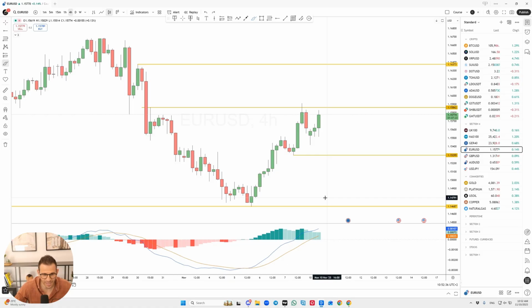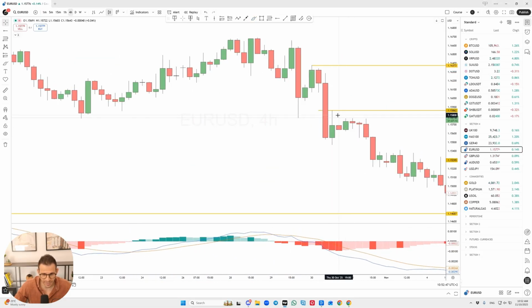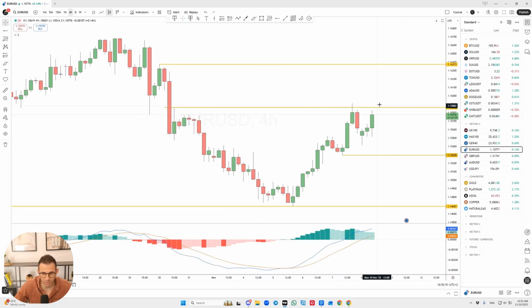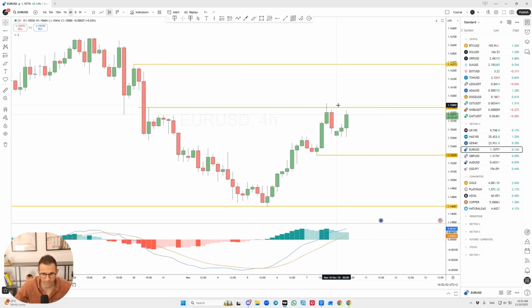Let's start with the analysis of the euro versus the US dollar. The price is close to this resistance here. The middle of this bullish Marubozu, as we explained previously, served as a strong resistance on the subsequent moves. If the price closes above this one, there is fair room for 50 pips to reach the next swing